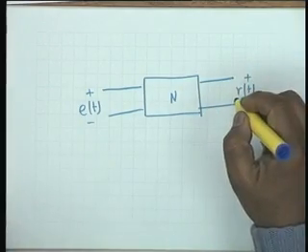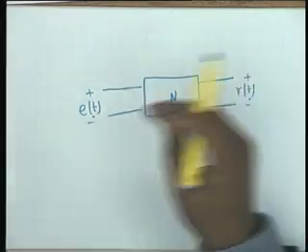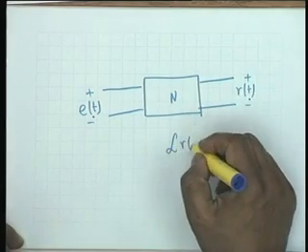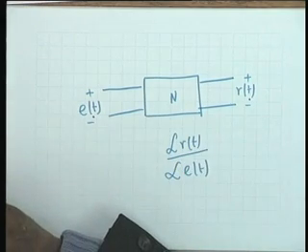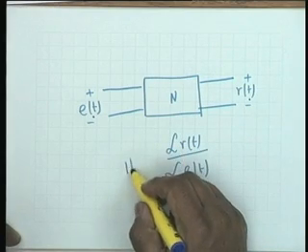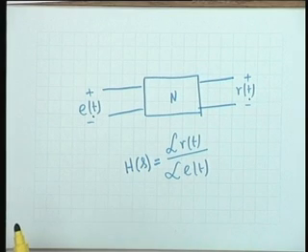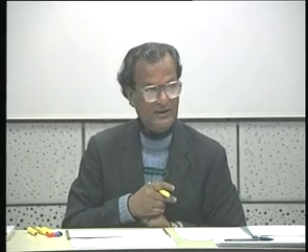In the synthesis problem, the excitation and the response, or a relationship between the two, are given. Typically the relationship given is the ratio of the Laplace transform of the response to the Laplace transform of the excitation. This is usually denoted by H of s. H of s in general terminology is called a transfer function in control, in signals and systems and many others. But in the case of networks, we have to make a qualification.